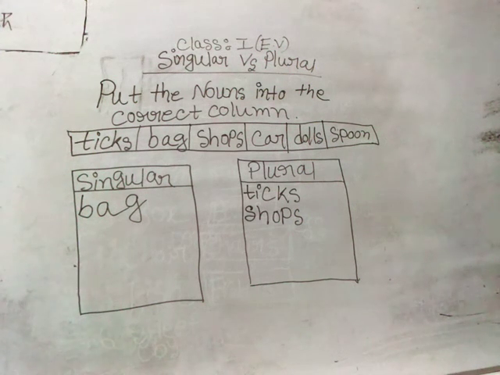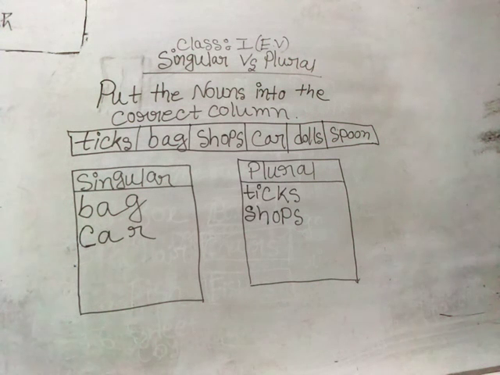Okay, babies. But what if you get an extra S with car? It will be like cars. And if it is cars, that means you could place it in the plural column. But there is no S. It's only C-A-R, car. Car means one car, and cars mean more than one car. So it's not cars, it's only car. If it is only one car, then it should be placed into the singular column. So let us put it into the singular column.